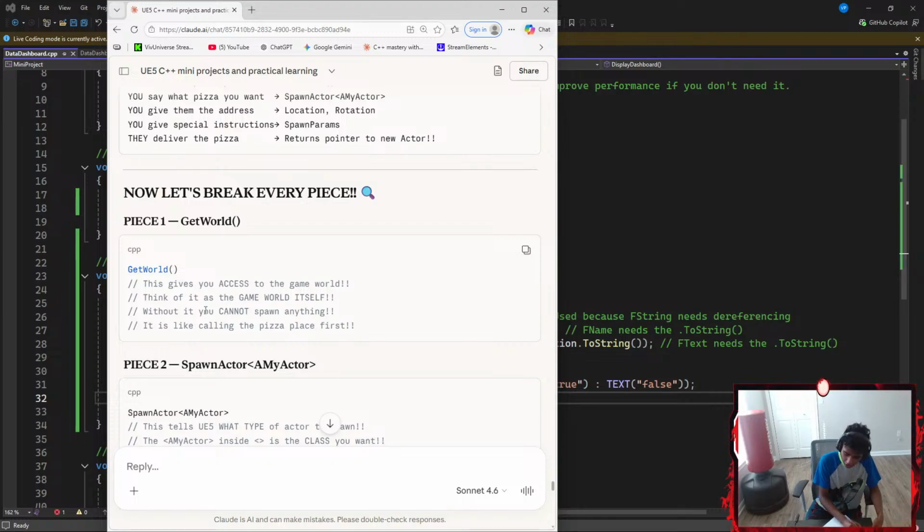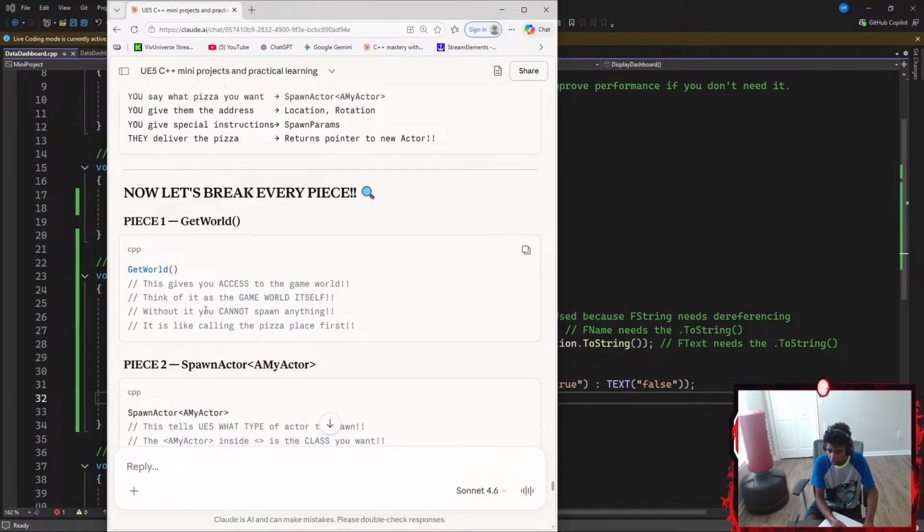3/19/2026. So let's go with something like GetWorld, the GetWorld function. It gives you access to the game world.